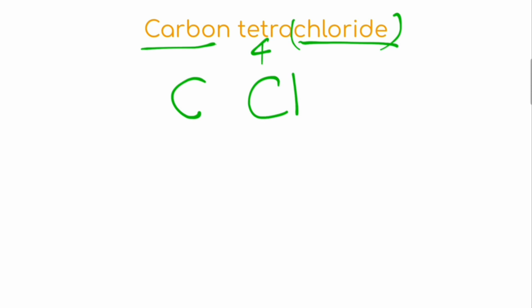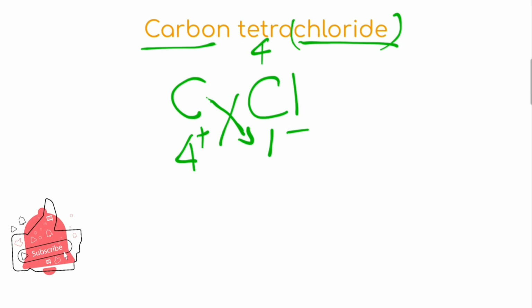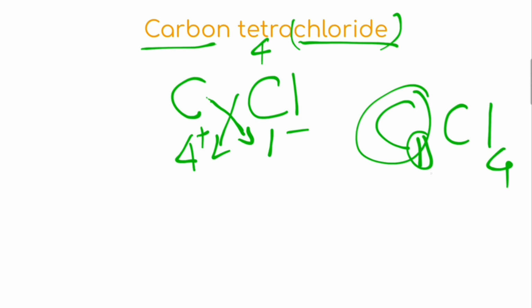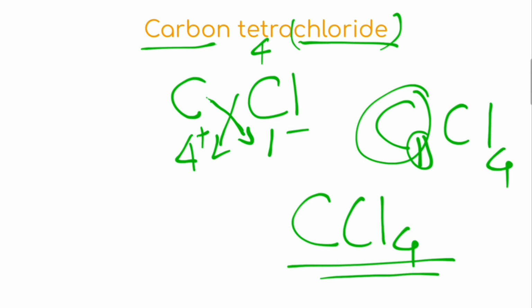So we will have to see what their valencies are. Valency of C or carbon is 4 and valency of chloride or chlorine is 1. So 4 plus 1 minus. So we are going to cross over the valencies. We will get C1 and Cl4. So we are going to write it. We don't have to write 1 because it is 1. We already know that there is one C, so we don't need another one. So we are doing it CCl4. So we have written our third formula. So we are going to our fourth formula, which is